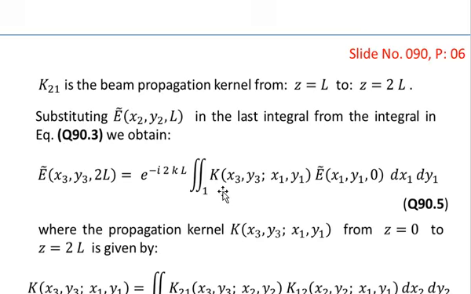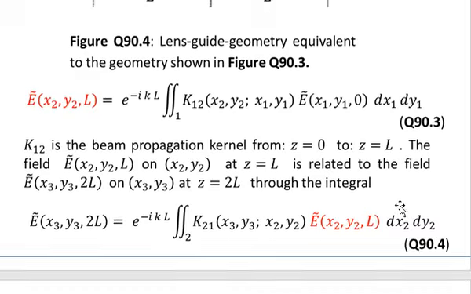It contains kappa with variables x3 y3 comma x1 y1, and then E prime, which is the initial field at the location of the lens 1, which is E prime of x1 y1 0, and then the integral variables are dx1 and dy1. So it means that we have used the value of that integral over here,